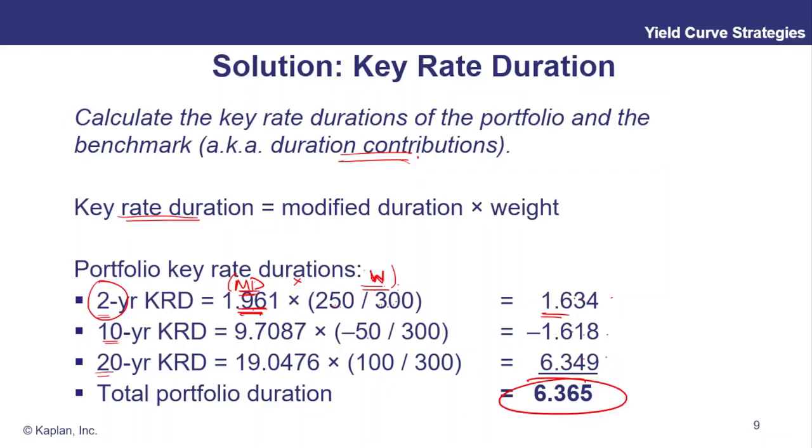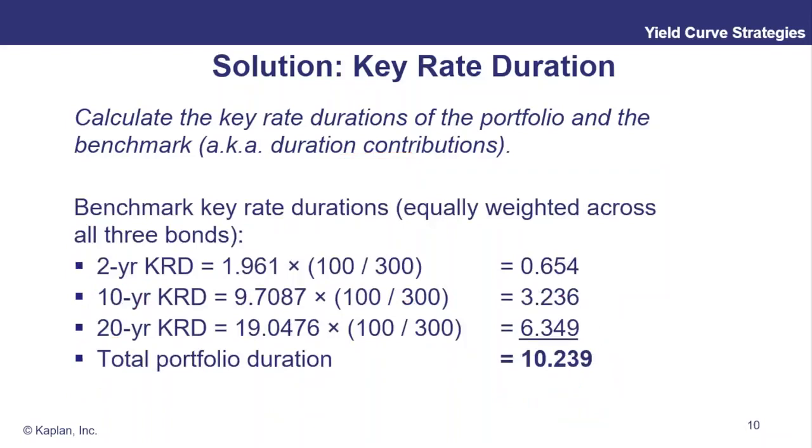Okay, so we've got to do this for the benchmark now. Remember the benchmark is equally weighted, 1/3 in each. You can proxy it as 100 out of 300, but it's just 1/3 in each. That's the weight in each one. You've got the same modified durations for the individual cash flows. It's just the weights that are different. And you come through here with a total portfolio duration of 10.239 and different key rate durations at